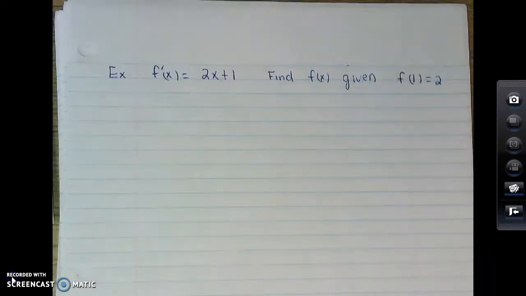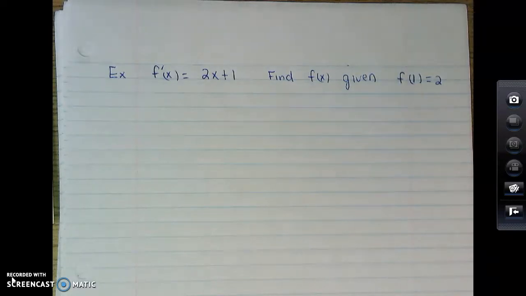All right, here we go. Okay, so now let's look at this problem right here. We have f prime of x is equal to 2x plus 1. It says find f of x given f of 1 is equal to 2. So remember, when you take the antiderivative, it should get you back to the original function. So I started out saying that when you take the antiderivative of velocity, you should do what? You should get position. Or if you take the antiderivative of acceleration, you should get velocity. So if I want to find out what f of x is, I'm going to have to take the antiderivative of